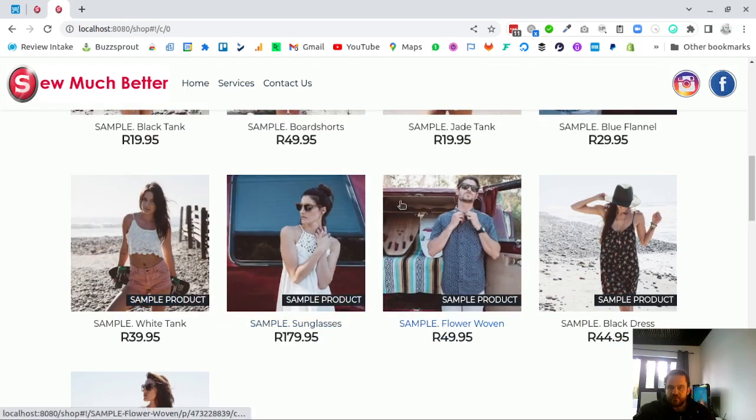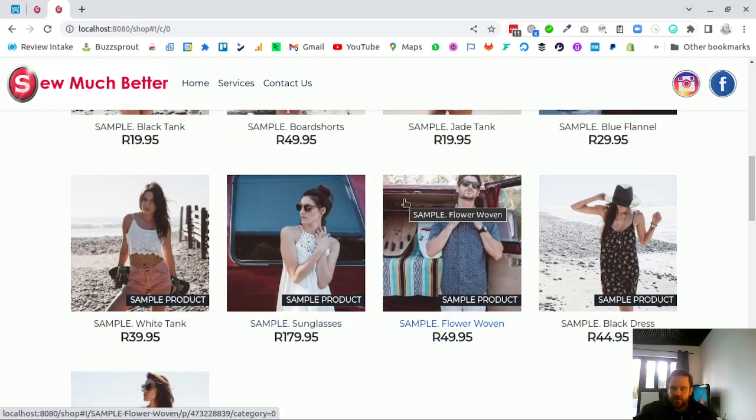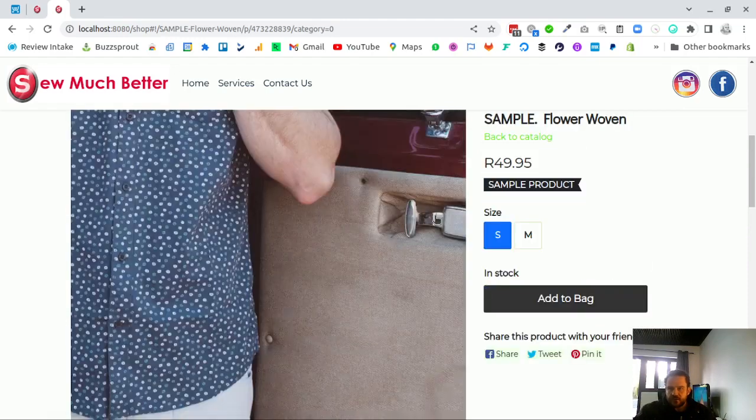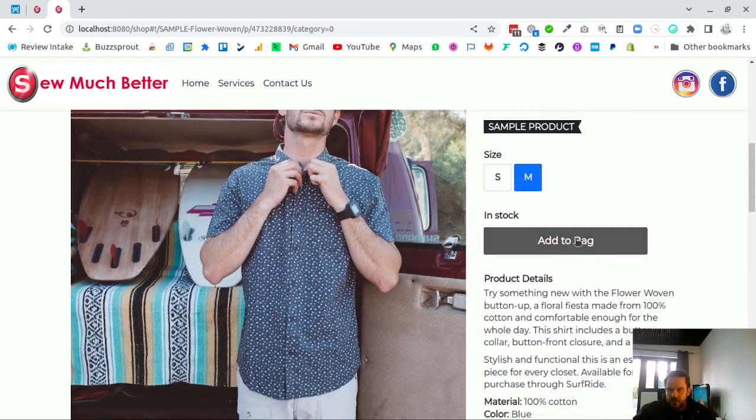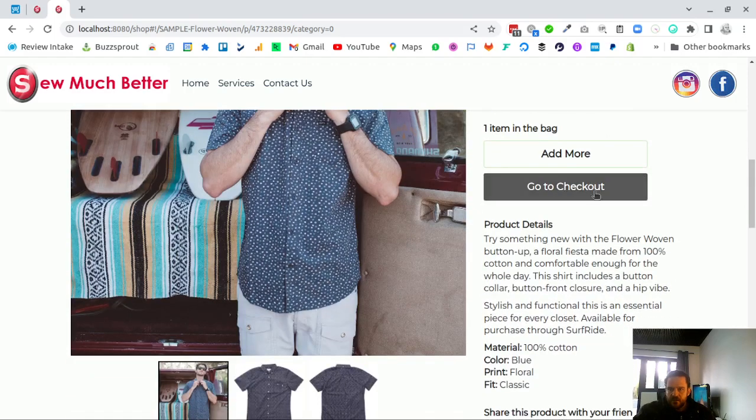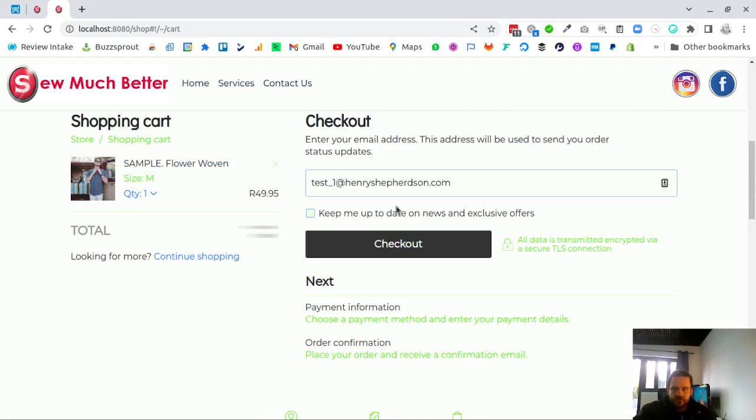everything is contained within this. It doesn't refresh or go to a brand new page. Everything is contained within here, which is fantastic. I've got size options, description, cool. So add to bag, and then go to checkout, and I've done a test email address over here,